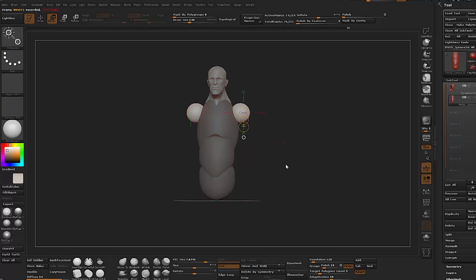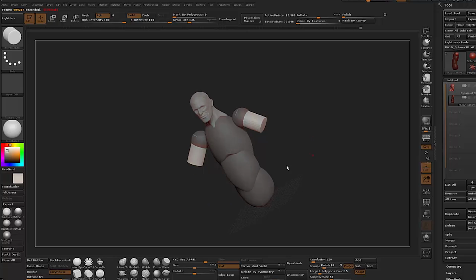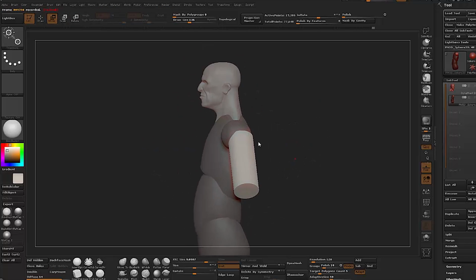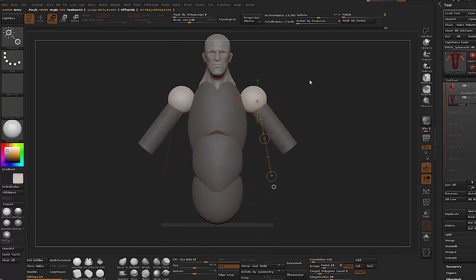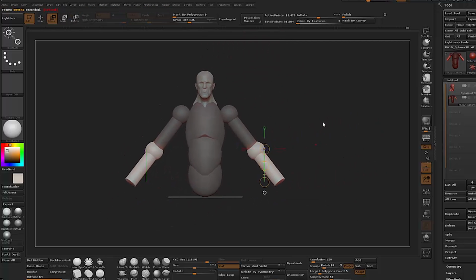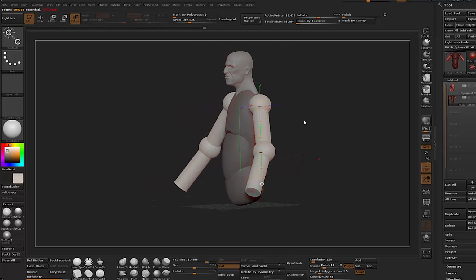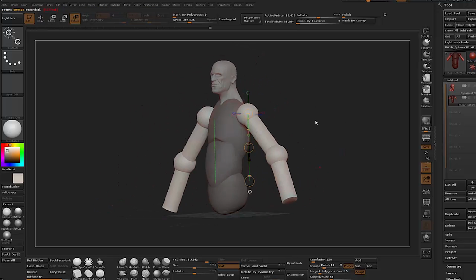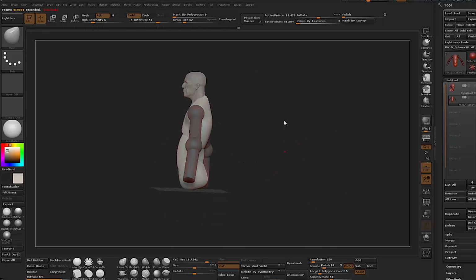So yeah, just putting in a couple of spheres for the shoulders. And this is how I like to work the base mesh, is with primary primitives. I find it really easy to adjust proportions, and I can get what I want with the fewest amount of clicks, I think, doing it this way. And it just seems to be a bit cleaner. So there I'm just pulling out the pecs, pulling over the traps,